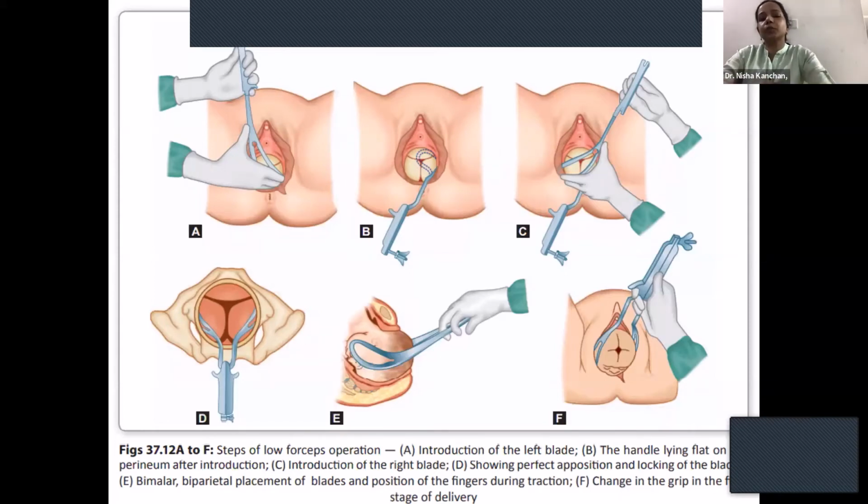You cannot put more than one fingertip between the blade and the head, and the posterior fontanelle is only one finger breadth above the level of the shanks. So that is your 3 checks. Next comes your E slide, which is traction. If it is a low forceps, it is downwards and backwards till it reaches crowning. After crowning, pull it horizontally. Once crowning and the head is coming out, then you have to extend the head, so pull it upwards.